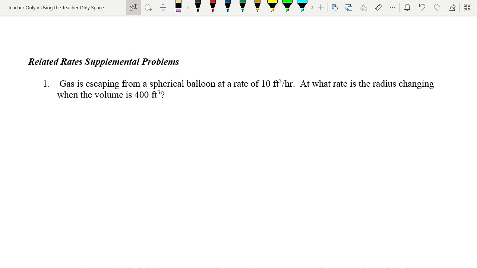Hi, everybody, and thanks for joining me on doing some supplemental related rates problems, because I know when everybody woke up this morning, they were like, I need more related rates problems, especially supplemental ones. So that's what we'll do. Okay, all joking aside,